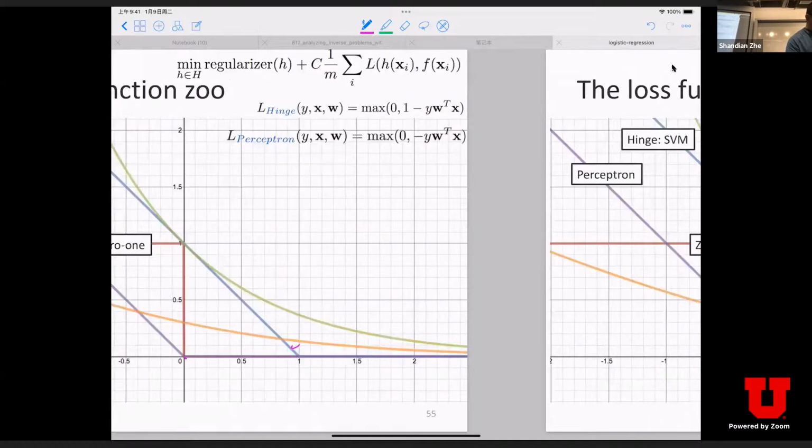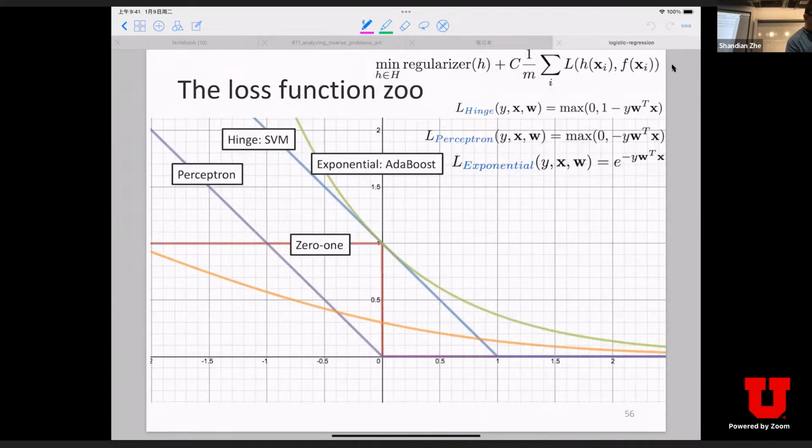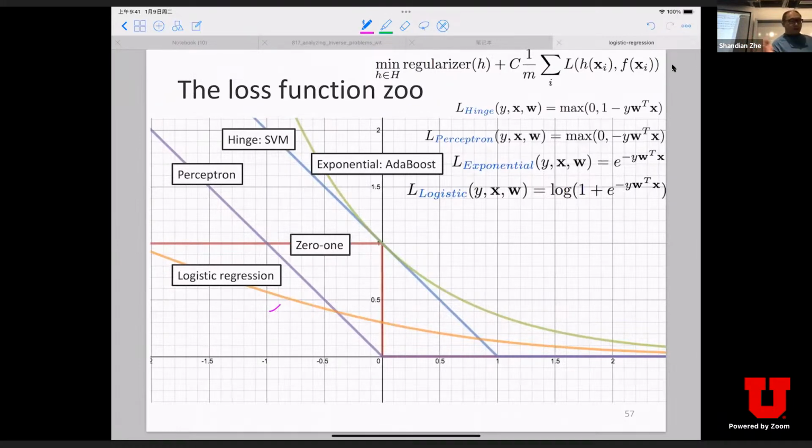Okay? And similarly, you can see the exponential loss. The exponential loss that is used in AdaBoost is actually an upper bound of the hinge loss used in SVM. And the last one is our logistic loss. It seems like it does not belong to any of them. It's just in between. But again, this is far from comprehensive. You can come up with whatever loss function you like to show when you would favor penalty, when you should decrease the penalty, and so on.